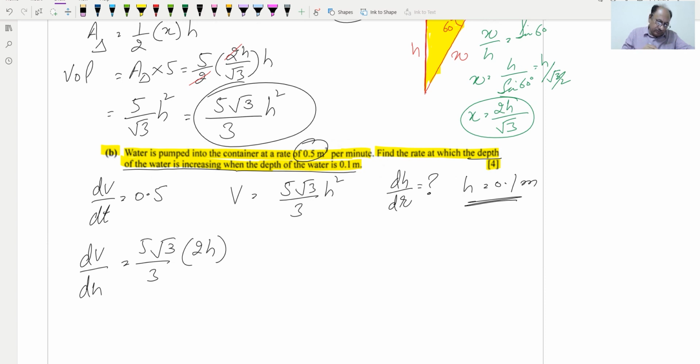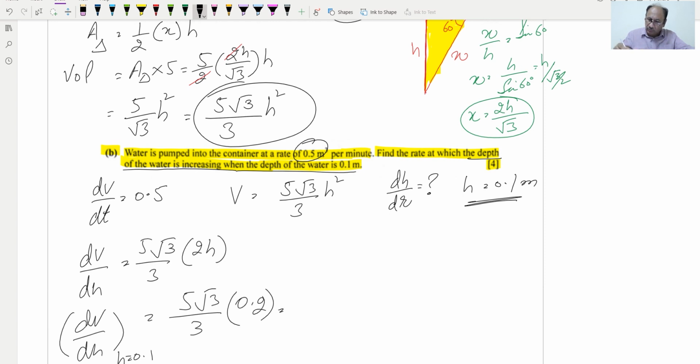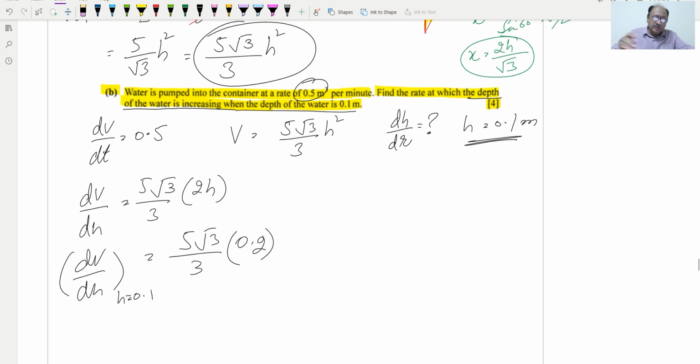We can write dv over dh at h is equal to 0.1, and this will be 5 root 3 over 3 into 2 into 0.1, which is 0.2, and we can keep this as it is,